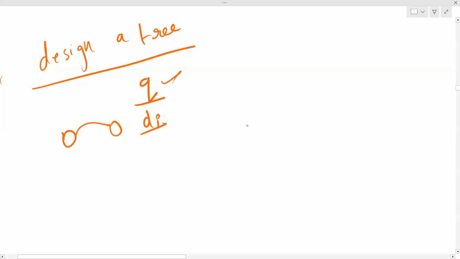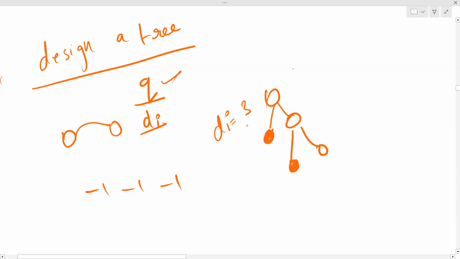So for this, let's say this was your tree, and di, for this day, was 3. So you already have two leaves at distance three, right? This and this. Then you need to print -1, -1, -1. Otherwise, let's say di was